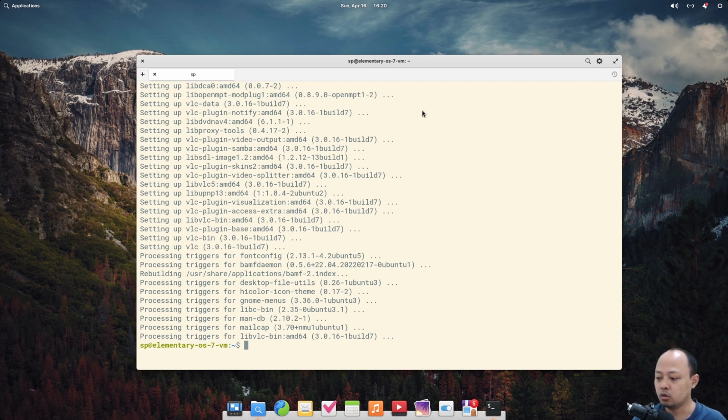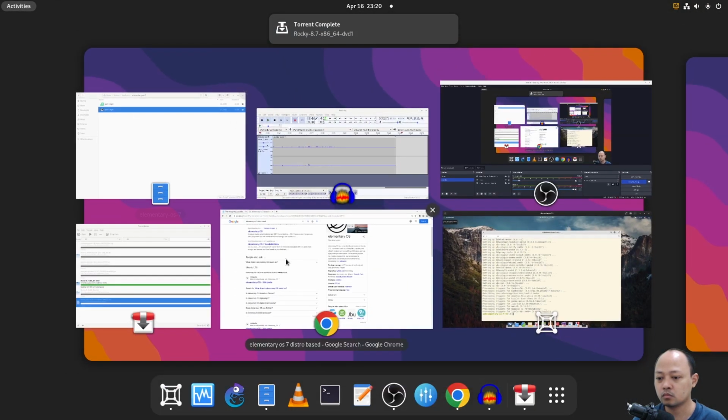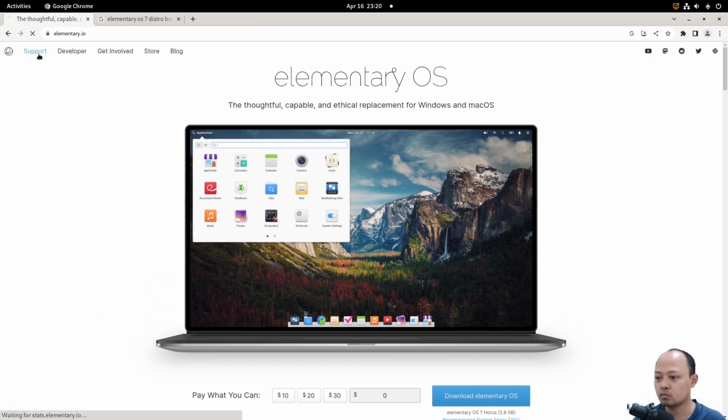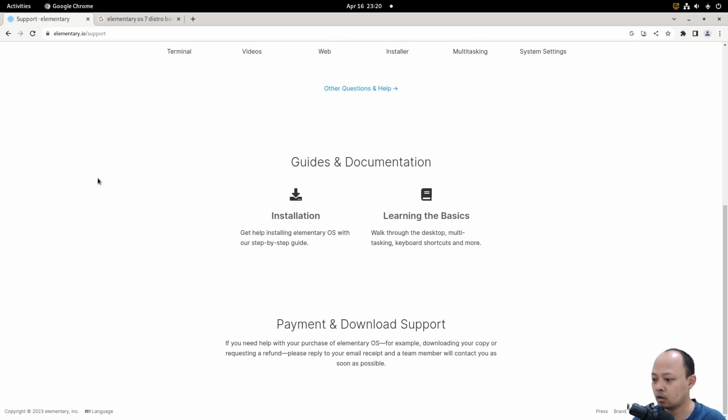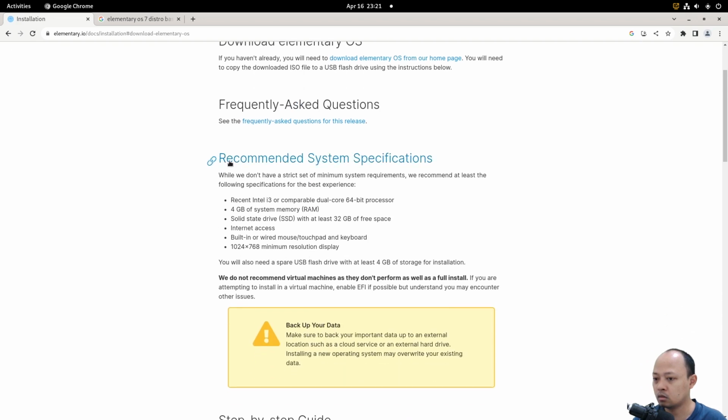Before I end this video, I'm considering the minimum requirement for installing Elementary OS 7. I think it is located in the documentation, so I will click this installation. And we can see the recommended system specifications.